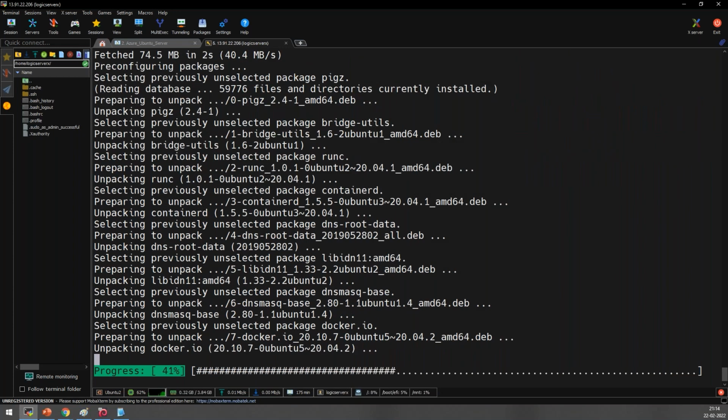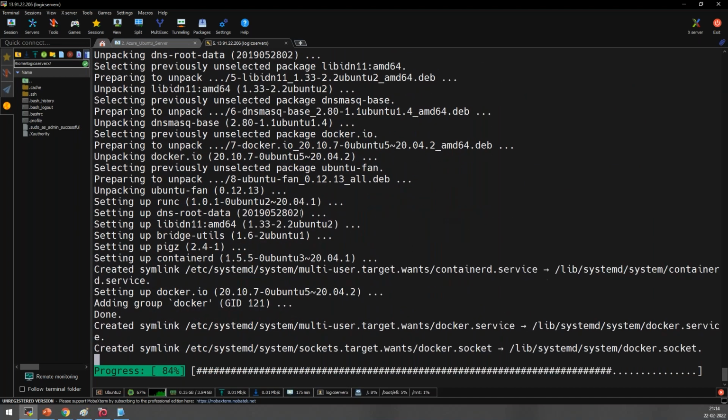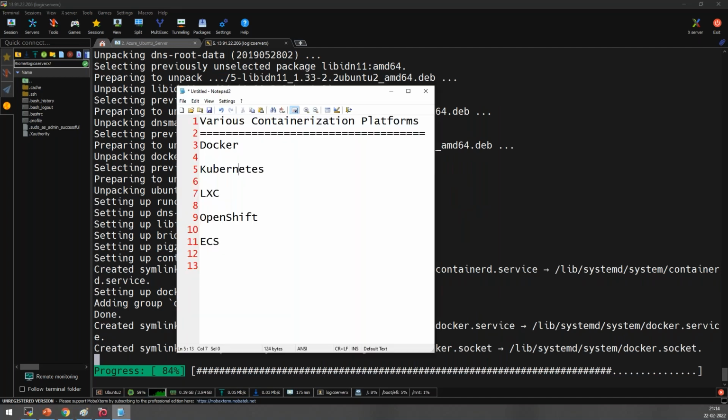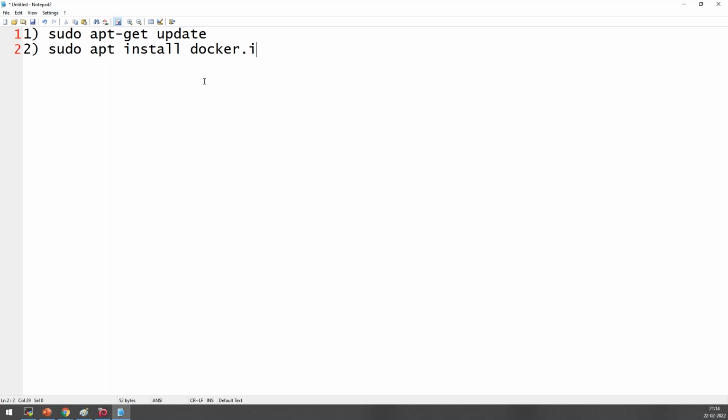These are not a big deal, team. These are not big steps. It's very easy for you to do because everything is pre-configured there. Now it is pulling in all the containers and everything by default. So what commands have I used? The easiest way, if you're using an Ubuntu machine, is first to type sudo apt-get update. Second is sudo apt install docker.io. This is basically enough for a Linux machine.